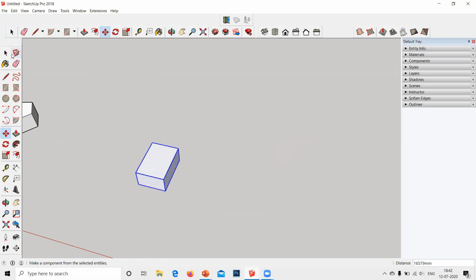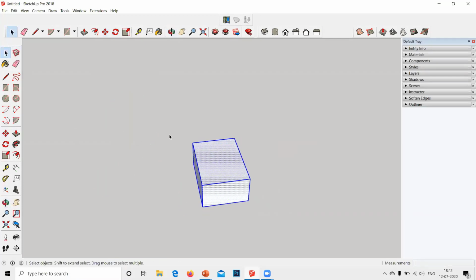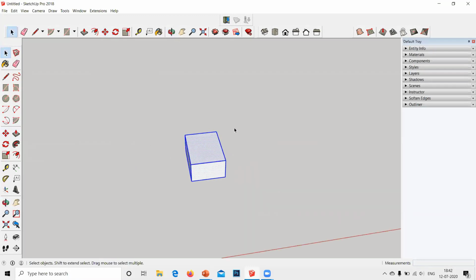So this is the basic move tool. But whenever you try to move something, you will always have to select the whole thing, right? And even if there are multiple objects beside it, multiple objects above this object, it will be very problematic to select the whole face. To make it a little easier, we usually create groups.